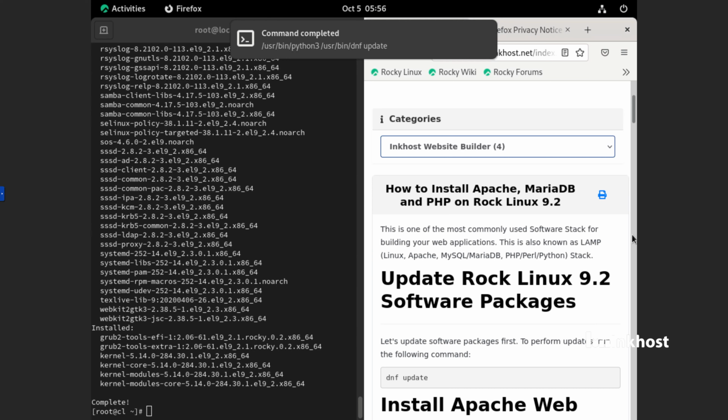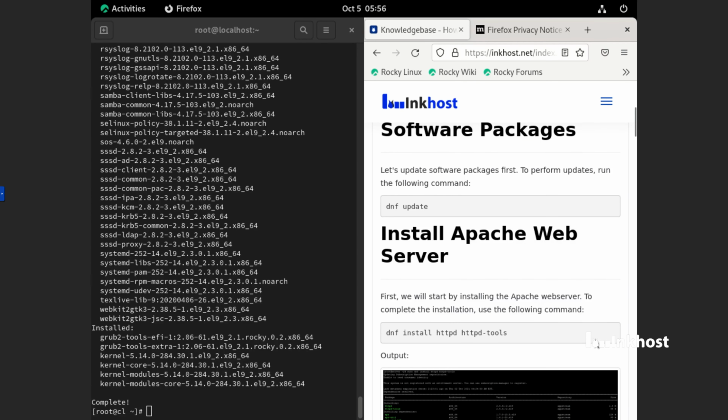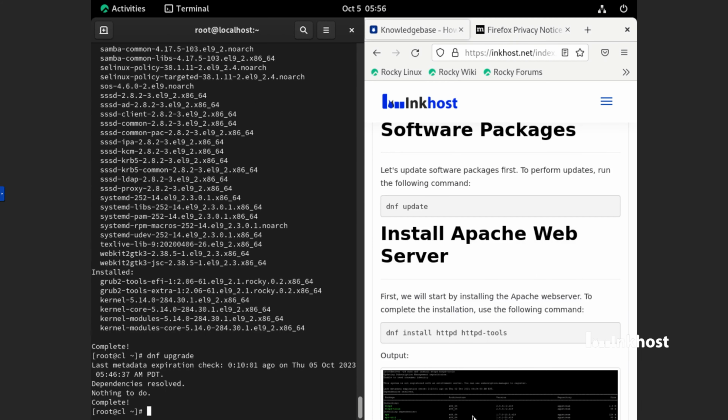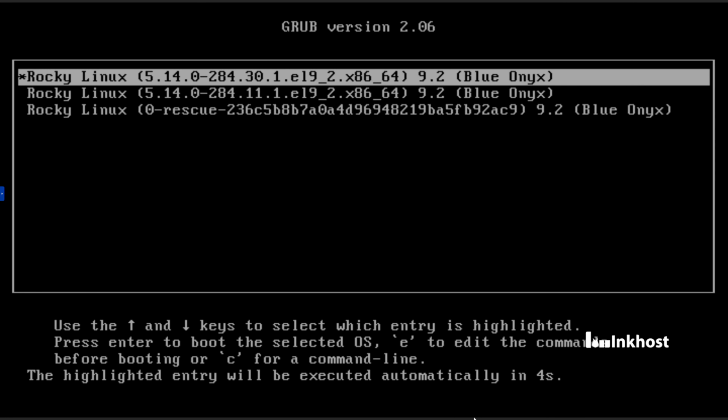After the update is done, we will do the DNF upgrade, because for some reason we have to do an upgrade. If some packages are not installed, the upgrade will install them. As you see, DNF upgrade, and we hit enter. If everything is done, I like to reboot the system, so I will put reboot. After the rebooting, we will go to the browser to inkhost, and then we get the knowledge panel to get the WordPress installation steps. But first,